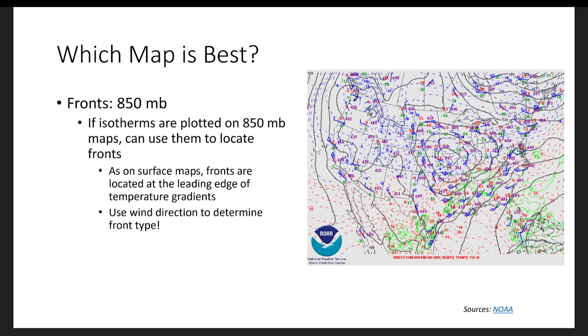If the isotherms are plotted on an 850 millibar map, you can use them to locate the fronts. So remember, isotherms are lines of constant temperature. So the fronts are located at the leading edge of the temperature gradient on the surface maps, and the wind direction is used to determine the front type. Yeah, so we kind of talked about this. So in my opinion,